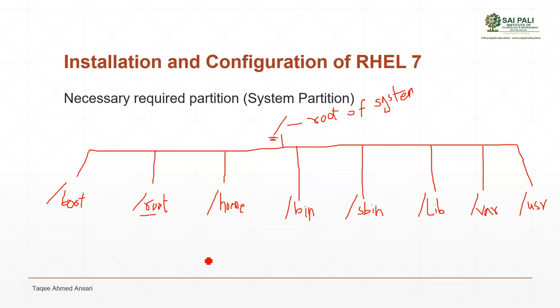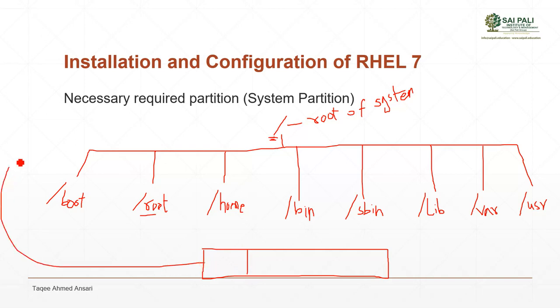It is like you are having a disk here. Suppose this is my hard disk. It creates the partition and mounts this partition on these directories. So suppose the first partition is mounted on the slash. Mount means it is linked, and in the Linux world we say it is mounted on this slash directory. Now whatever you keep in this directory, it will be stored in this partition.